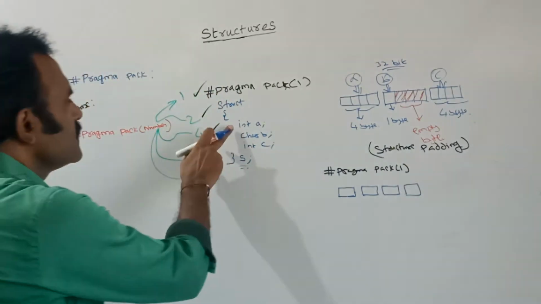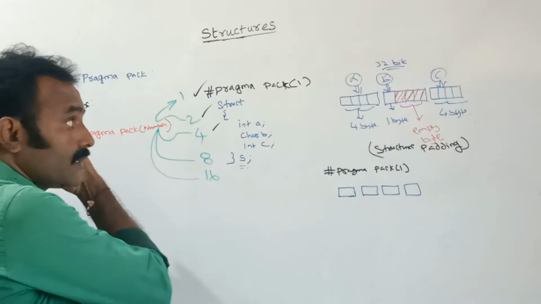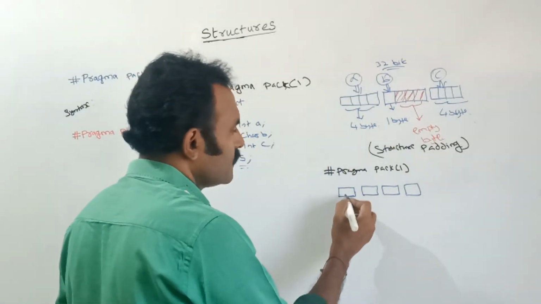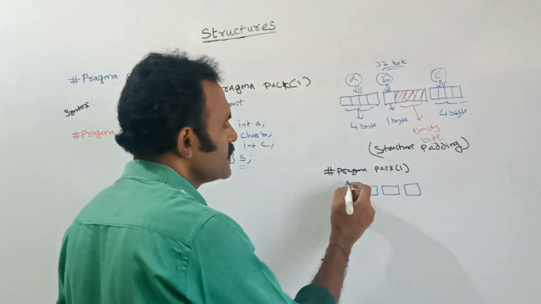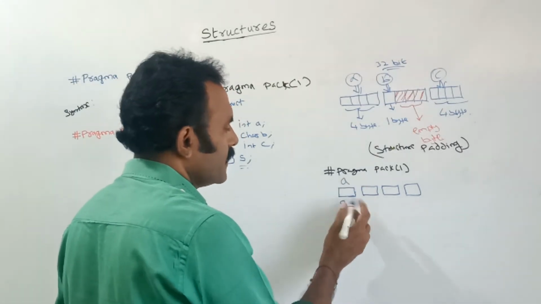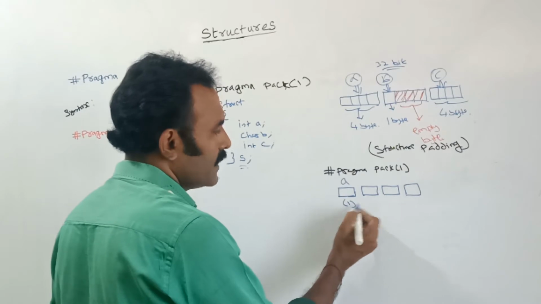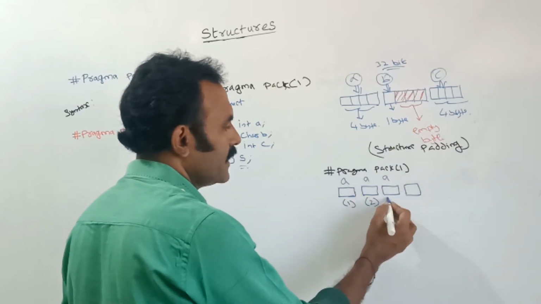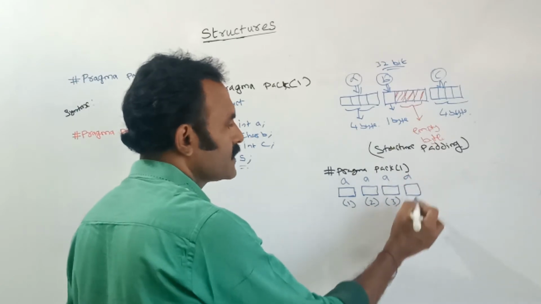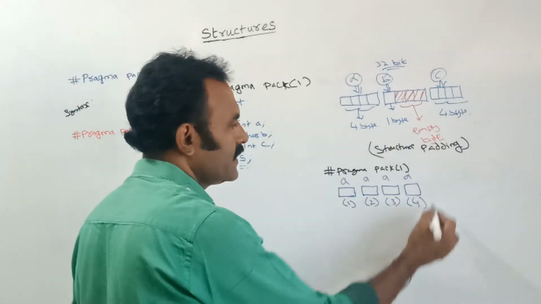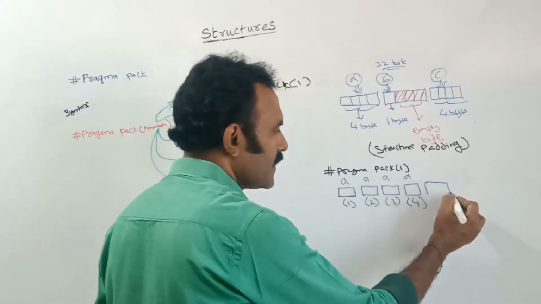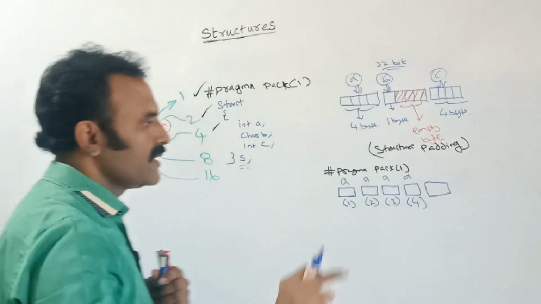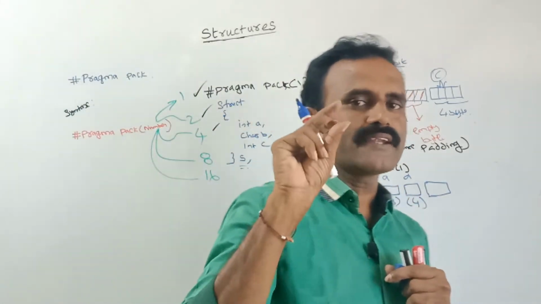See here, this is integer a. Here, how much for this? 4 bytes. So here a of first byte, a of second byte, a of third byte, next a of fourth byte. Next, continuously another 1 byte, because with pack of 1, this alignment will be such that each and every time it will read 1 byte.